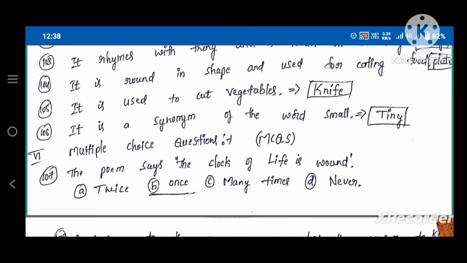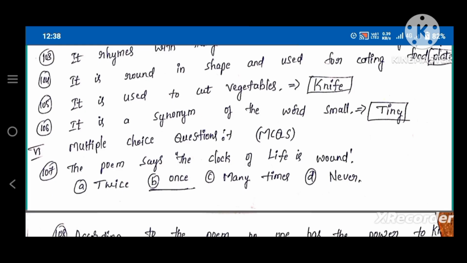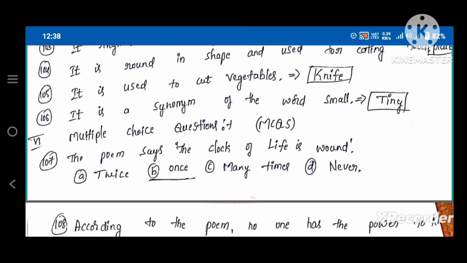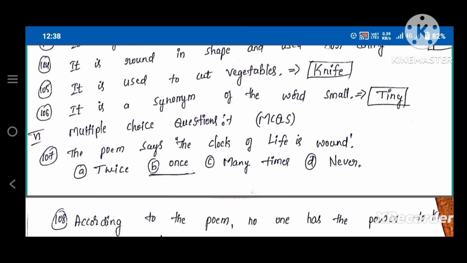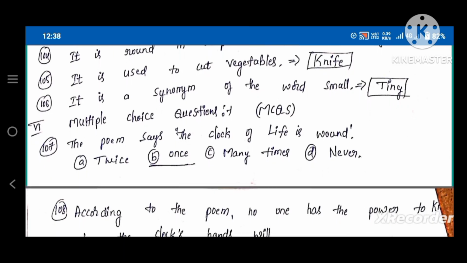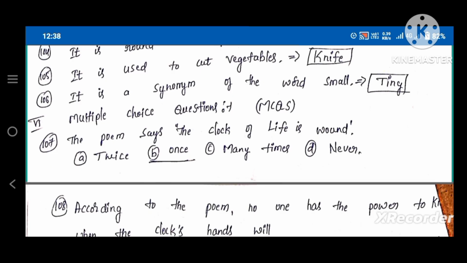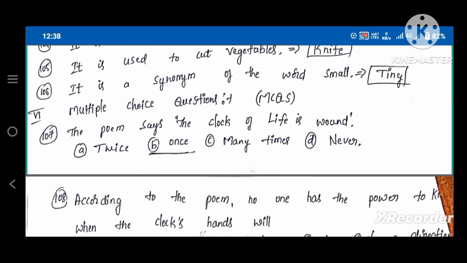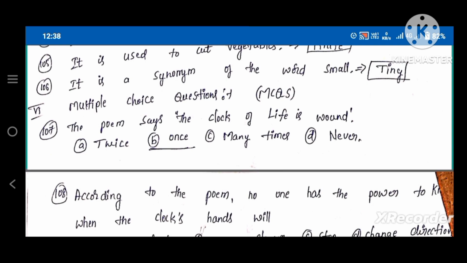Sixth main, multiple choice questions, MCQs. The poem says the clock of life is wound. Answer is B, once. According to the poem, no one has the power to know when the clock's hands will